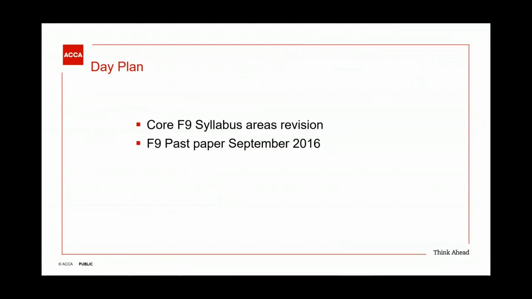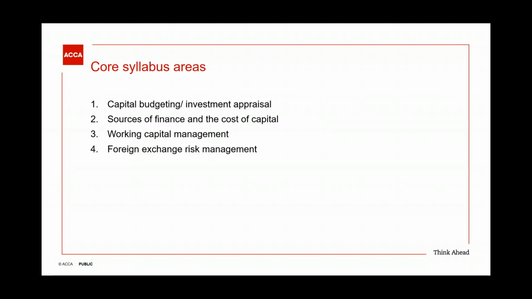Core areas of the syllabus, and then I thought I'd do a complete past paper, including the 3 sections: the part A, the part B, and the part C, covering the MCQs and the other questions as well. Okay. So in terms of the core areas, based on my experience, your examiner always tests 4 important